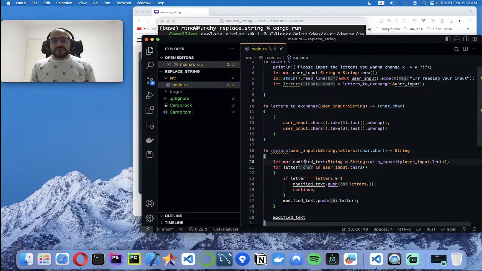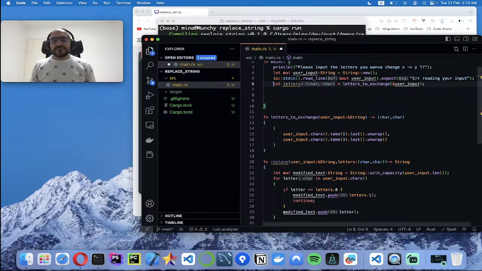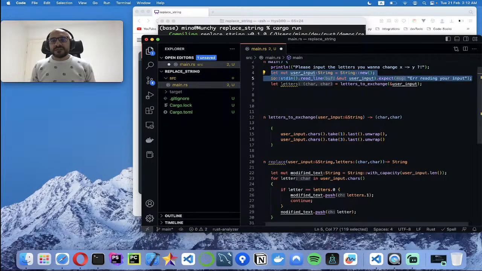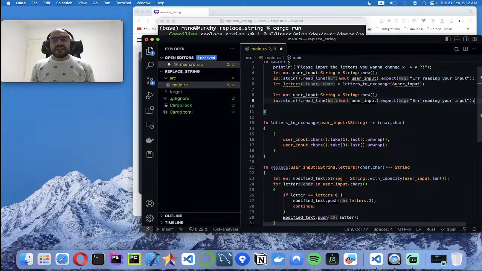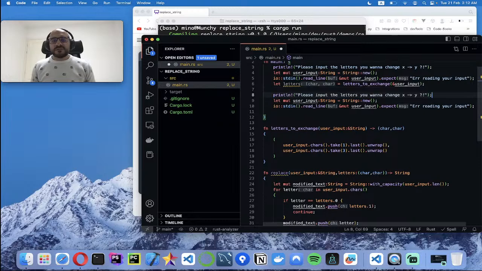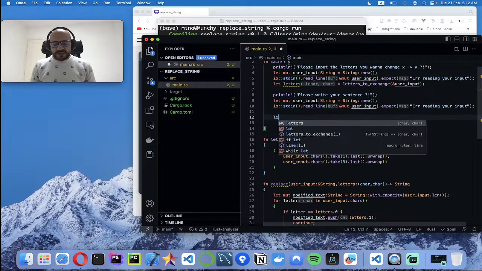And let's test this out. Okay, to test this, we need to accept one more time. Let me copy this exactly and add it here. This will allow us to accept the user sentence. Let me also copy this. And here, please write your sentence, the string that you want to change the letters on. And then I will call, for example,